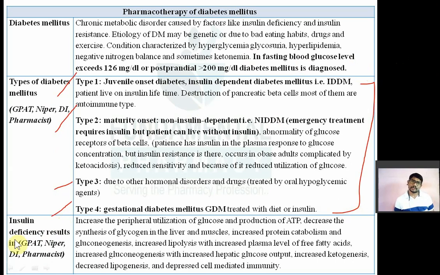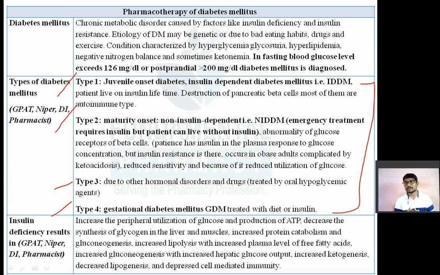Now what is insulin? Insulin is the hormone secreted by beta cells of the islets of Langerhans. I have told you there are different kinds of cells in the pancreas. The pancreas has exocrine function as well as endocrine function. Trypsin, chymotrypsin, amylase, all the digestive enzymes secreted into the duodenum by the pancreas are the exocrine function, and the hormones secreted directly into the blood, for example insulin, glucagon, somatostatin, pancreatic polypeptide, are the endocrine function.